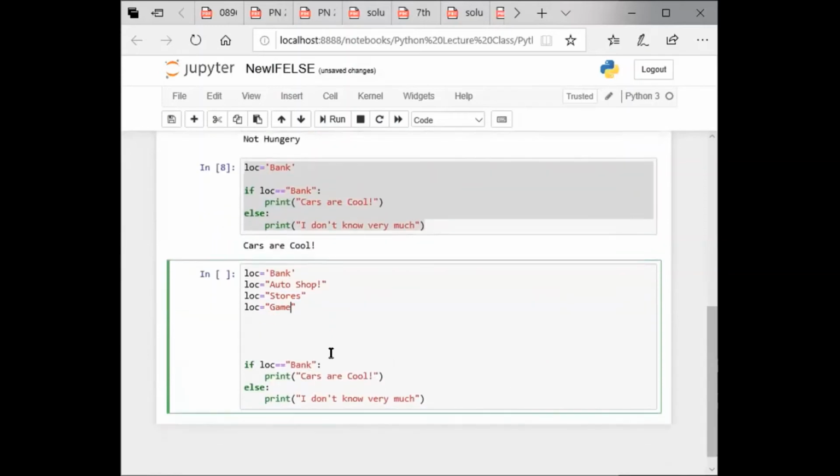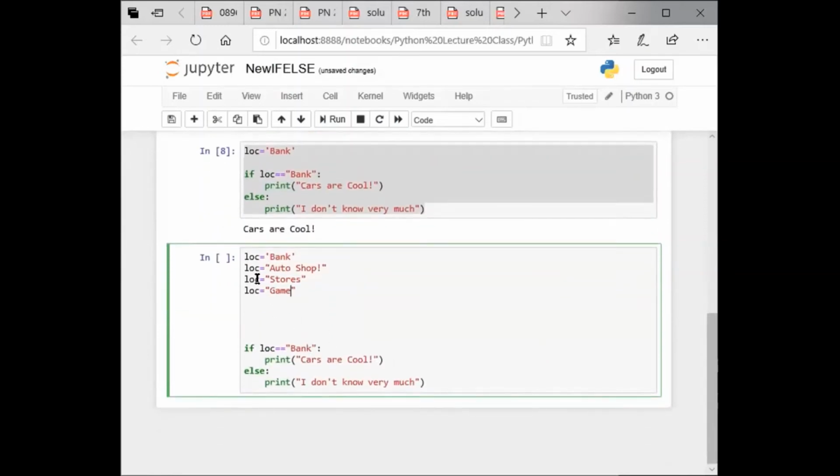Okay. So these are some locations, and here I'm writing, for example, if location is auto shop,